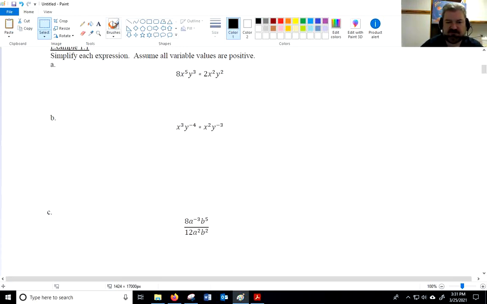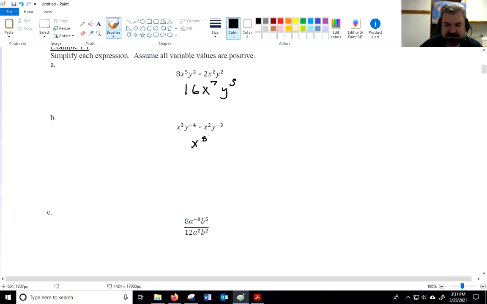Okay, so we start with this one here. We're going to multiply the coefficients 8 and 2. And x to the fifth times x to the second, so I'll add the exponents. Y to the third times y to the second, y to the fifth. All right, on the next one, I'll multiply x to the third times x to the